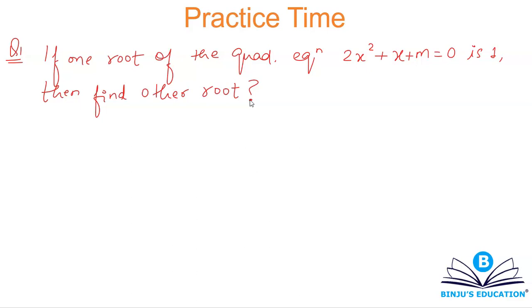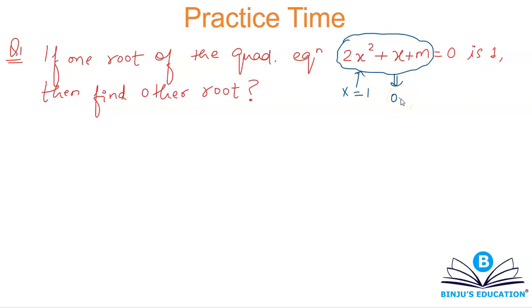Alright, so I hope you have tried this question. Now let's move on to how to solve this one. It says that one of the roots is 1. So if one of the roots is 1, that basically means if you put x equal to 1 in this, it's going to satisfy. What is meant by satisfying is that this expression here will also come out to be 0.